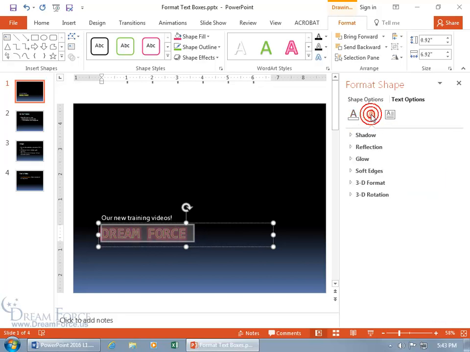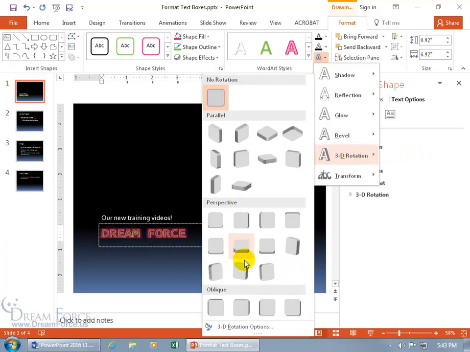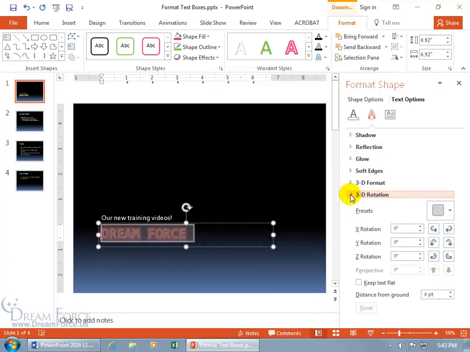Then the next one is the effects, which is what we saw here when we clicked on the drop-down arrow. So the first one's a combination of these two fields. The last one is just all the effects. And it gives us more than what we see here. So when I came down to 3D rotation, I'm like, oh, this is all you got? Have you got more? When I come down here and I click on that, it opens up the task pane, and you see it right there, 3D rotation. So if I just, since I'm here, expand it,